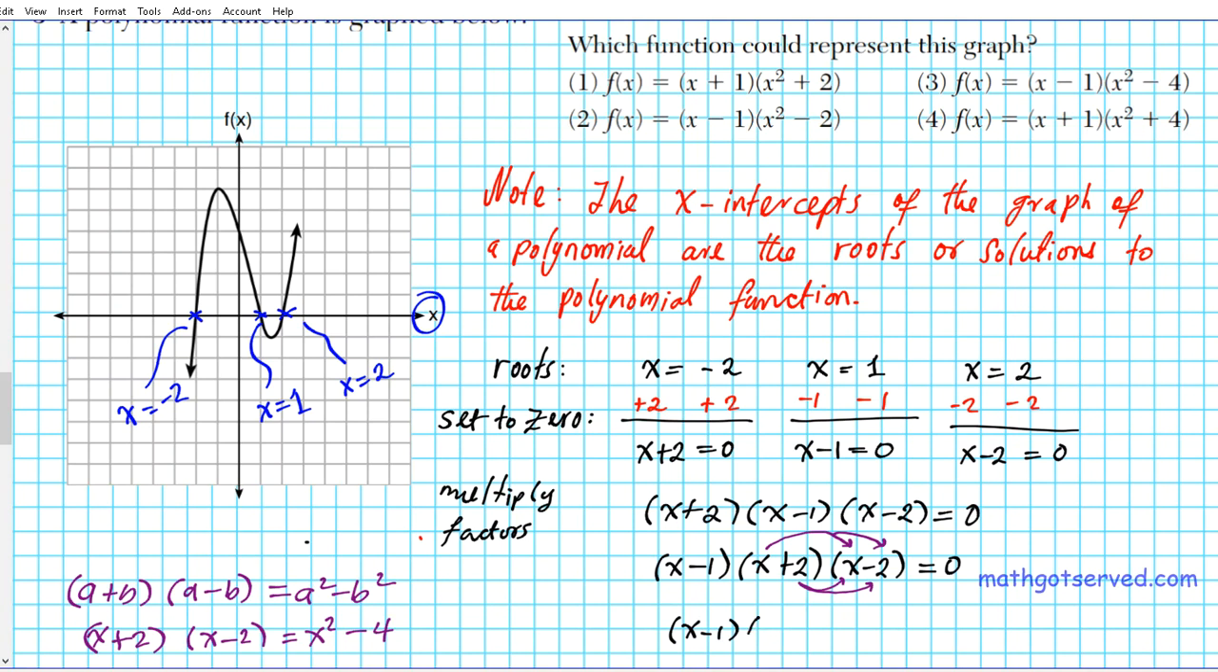And if we multiply this out, we have x times x is x squared. X times minus 2 is minus 2x, plus 2x, plus 2 times minus 4 is minus 4, equals 0. And then we can simplify further. This would give us, what would that give us? It would give us